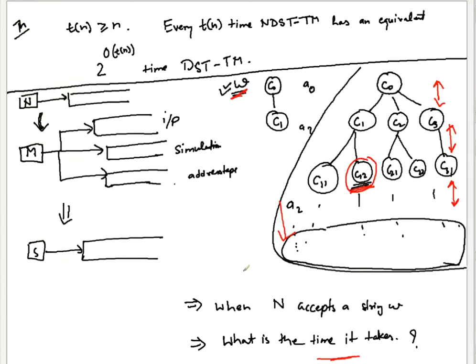Okay. Anyway, I think there are no doubts. So if you are clear with the processing of a non-deterministic machine, then how we used to simulate it using a single tape, multi-tape deterministic Turing machine. We got this addressing for every configuration. So C1, C2, C3, C11, C12, C21, C22, C31, likewise.